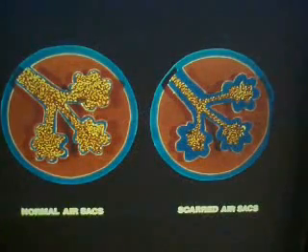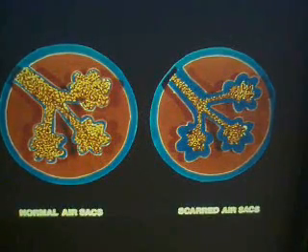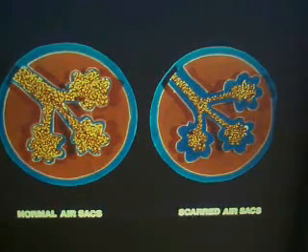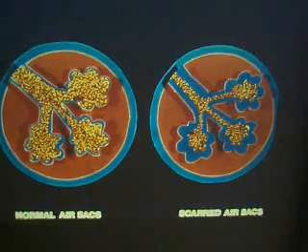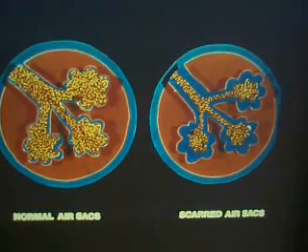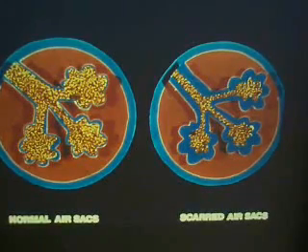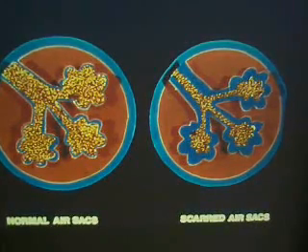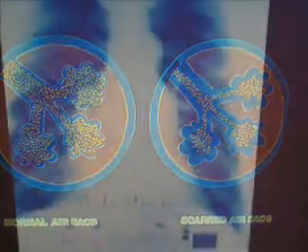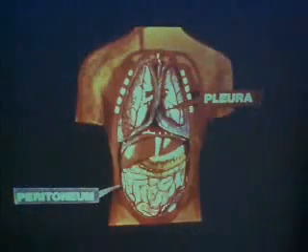The picture on the left are normal air sacs. As you can see in the picture on the right, the walls of the air sacs are scarred. When asbestos fibers reach your lungs, the body tries to isolate them by building scar tissue around the fibers. This scar tissue is not flexible, and the lungs will not expand and contract, therefore limiting your breathing capacity. This is a normal effect from asbestosis. As you can see in this X-ray, the white area is scar tissue in the lung. This is a post-mortem X-ray of a man that died from asbestosis.